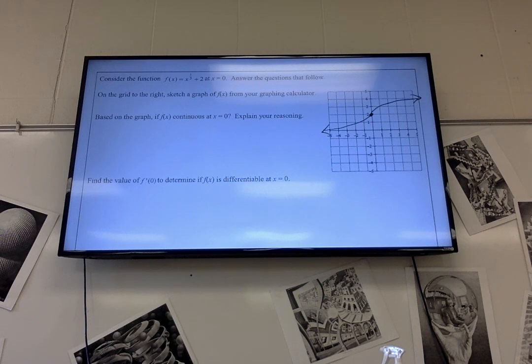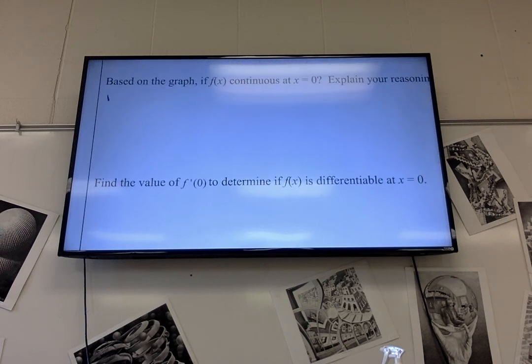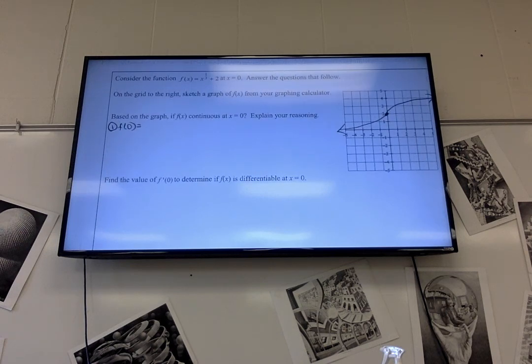Okay. So based on the graph, let's determine if it's continuous. I'm gonna go with no. Okay, you think it's no, and you think it's yes. I'm gonna go with yes. Okay. So first we look for what? If it's defined. Is f of 0 defined? What is f of 0? Like 1/2, something like that. Well, if you plug